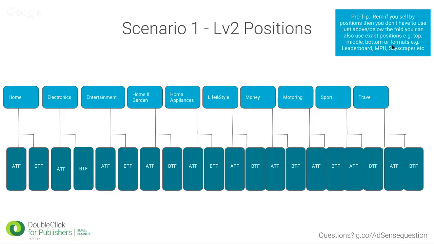Okay. So my advice, going back to your question, would be if you do not have direct sales, you don't need to go into this level of complexity, and you need to think of the other 2 drivers behind inventory structure, which are reporting and trafficking. So if you want to have ease of reporting and ease of trafficking, then it might be necessary to have maybe the top level, for example, to see where your impressions are going and to see how performance is going and for optimization purposes. Okay. So yeah, that would be my advice. That's great, thank you. So going back to the presentation now,